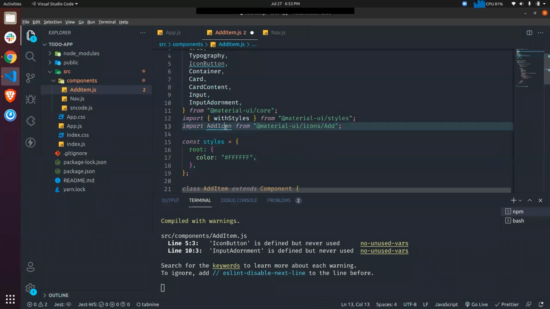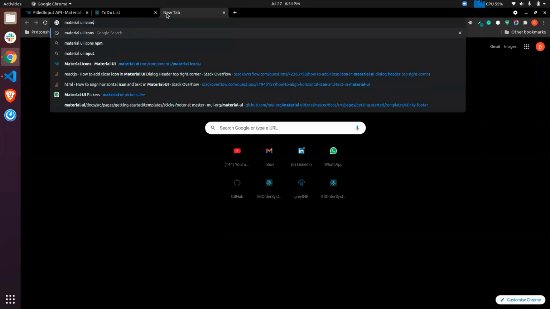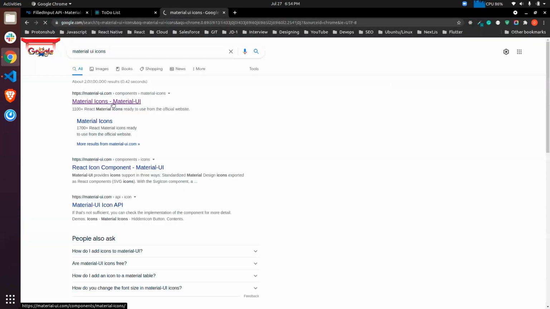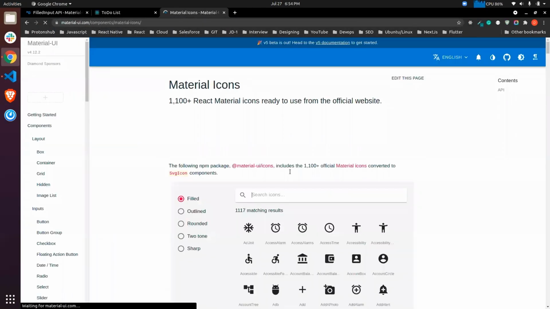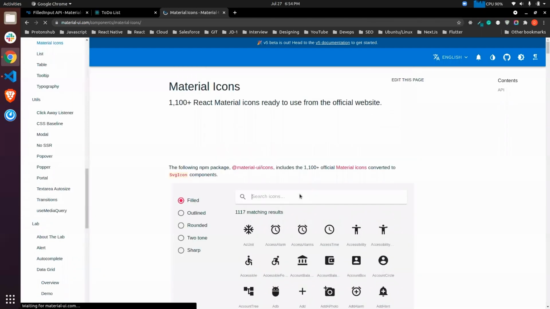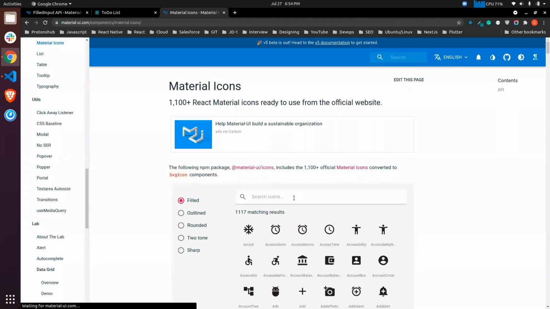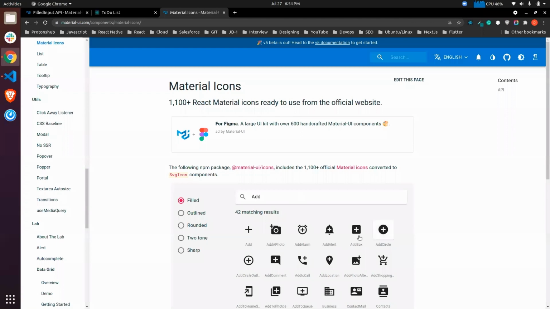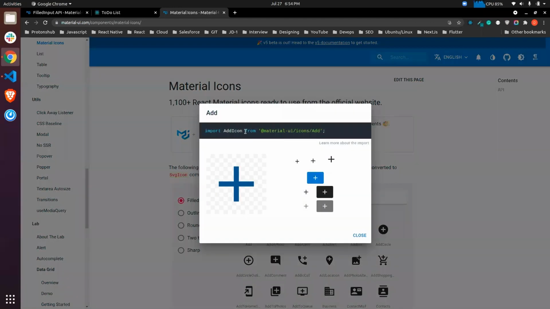You will get every icon, the list of every icon. If you Google Material UI icons, the very first link you will get has the list of all the icons. And let's say if you want to search an icon, let's say add. So we got the add icon, and if you click on that, you will get the import. So you can copy paste from here.